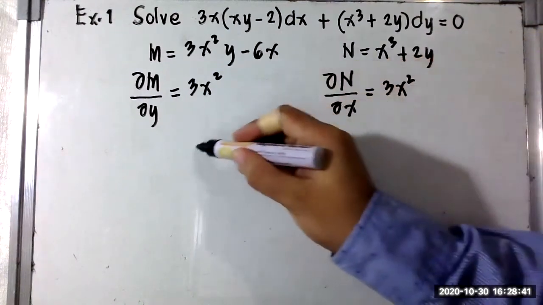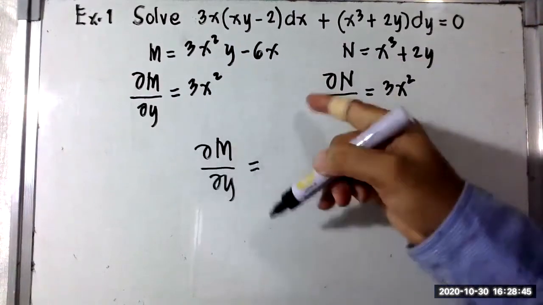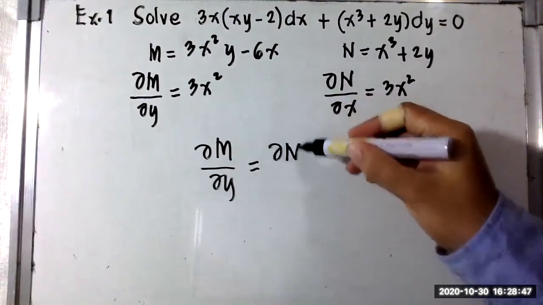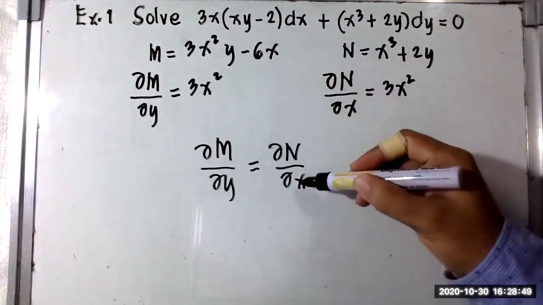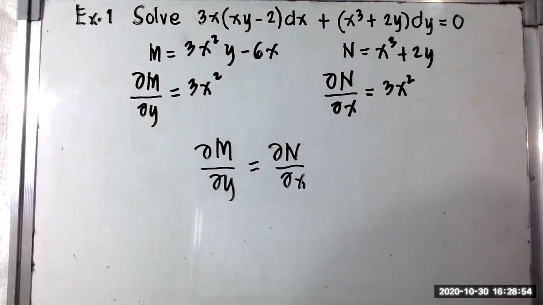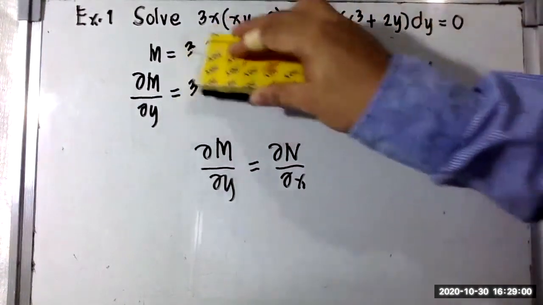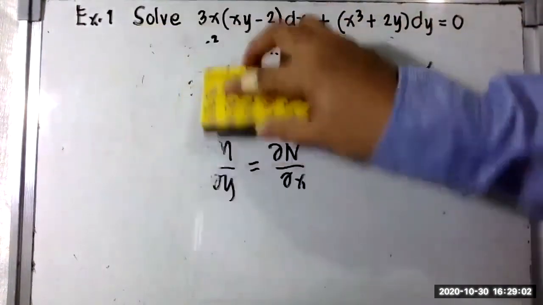As you can see, the partial derivative of M with respect to y is equal to the partial derivative of N with respect to x. That's why this DE is an exact differential equation. Now we are going to solve this DE by 2 different methods. So let's start by solving